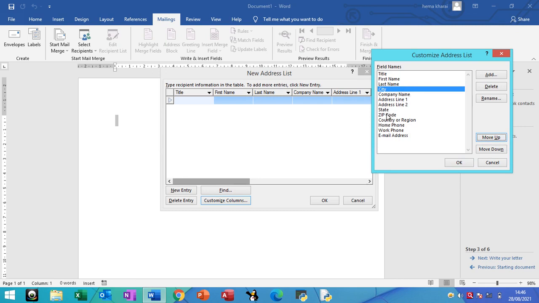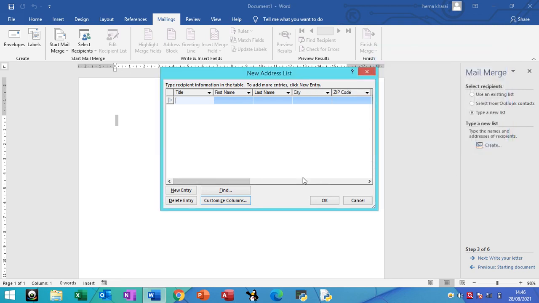Then I want to have zip code, so you can move this zip code up. Whatever field you want, you should take those field only here, and then you can click on OK. Add, you can click OK.